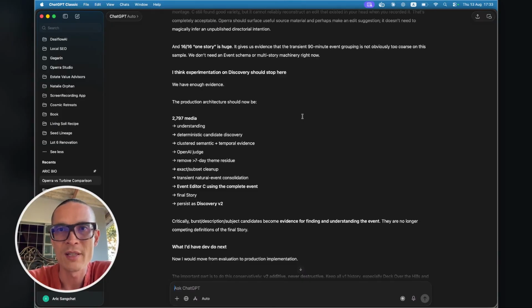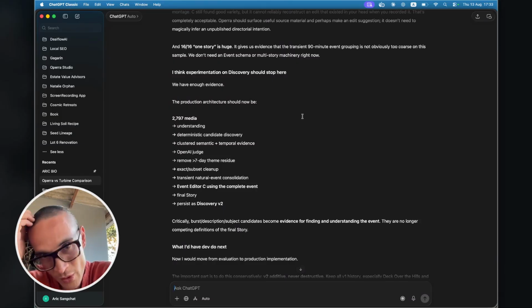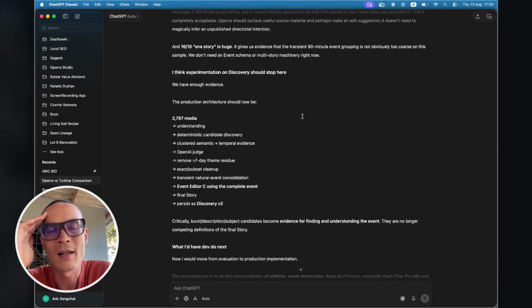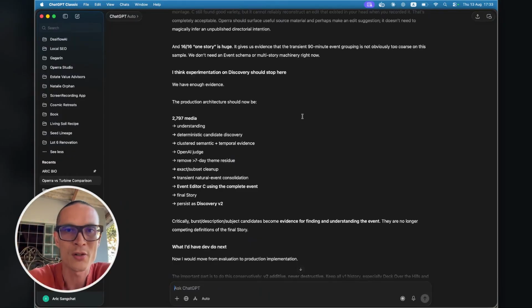It gives us evidence that the transient 90-minute event grouping is not obviously too coarse. On this sample, we don't need an event schema or a multi-story machinery right now. I think experimentation on discovery should stop here. We have enough evidence. The production architecture should now be